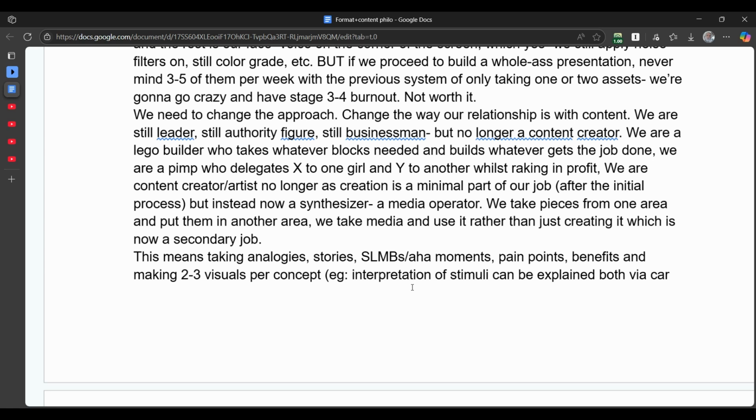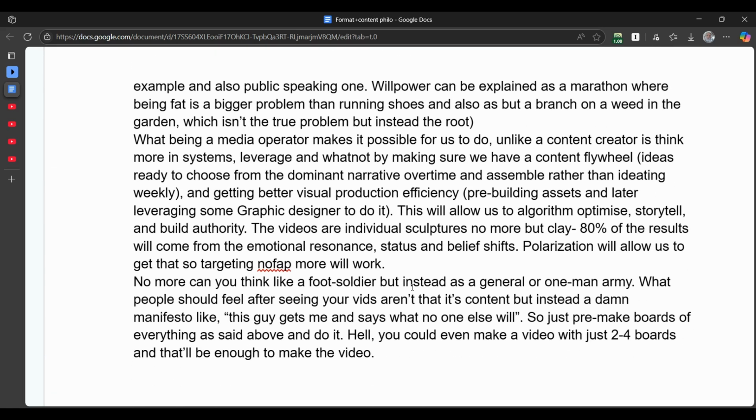Another thing I could say is that willpower is like running a marathon. So what you need to do is, rather than focusing on your running shoes, you need to focus on losing weight. You need to focus on actually getting towards the thing which will improve that, and that is, let's say, your self-limiting beliefs, your lack of ability to deal with pain, your desire to run away from pain constantly, and these are the things that we need to focus on.